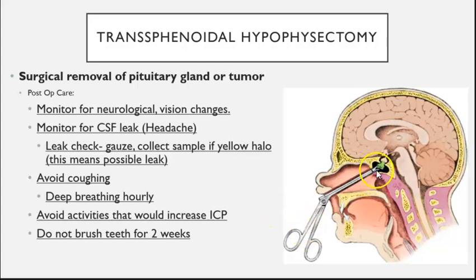Anytime that we're putting something in this area, remember, you get inflammation with any surgery. So this is a high risk surgery, and there's going to be lots of inflammation. So you're going to be monitoring neurostatus, vision changes, looking for a CSF leak. Remember your first signs of cerebral spinal fluid leak: you'll have the Battle sign, you could have halo sign, severe headache. So check the gauze, put it up to the nose or the ear, wherever you see fluid coming out, and see if a yellow halo is happening on that gauze pad.